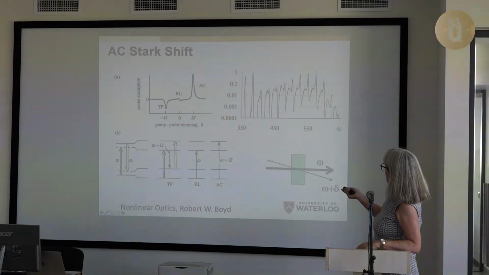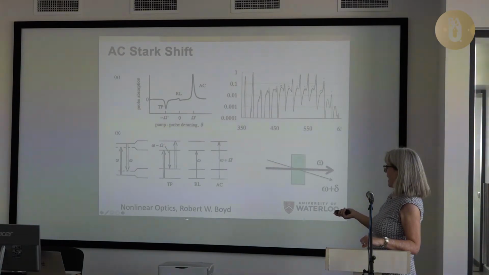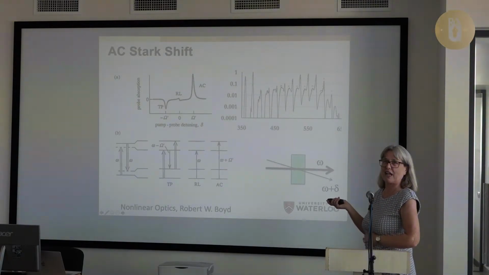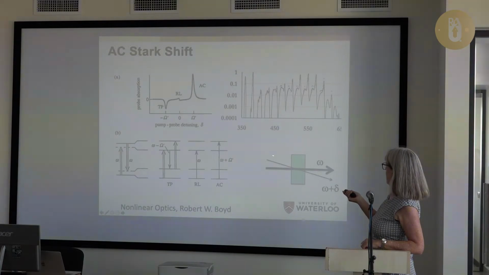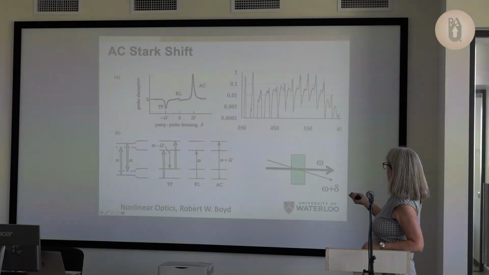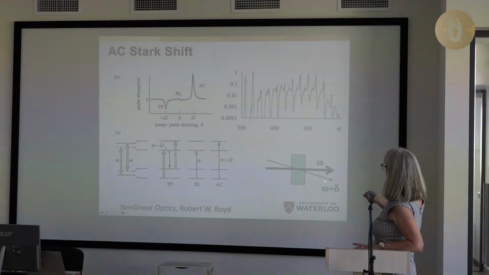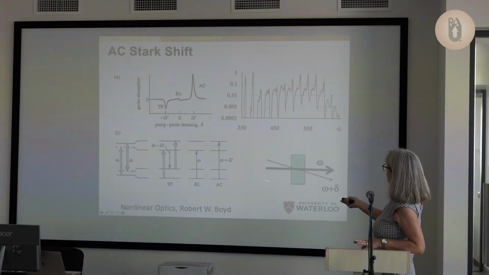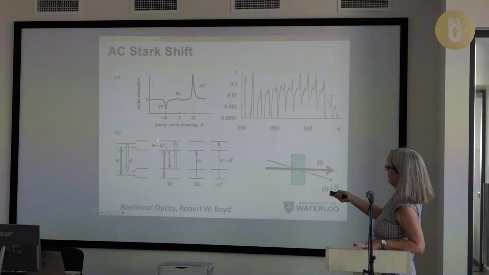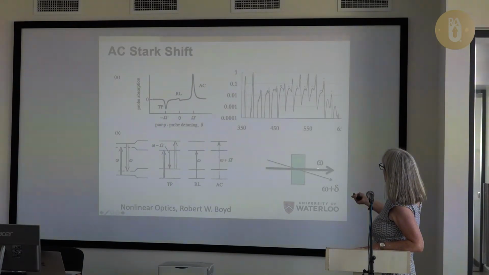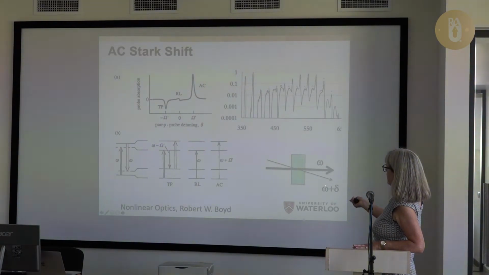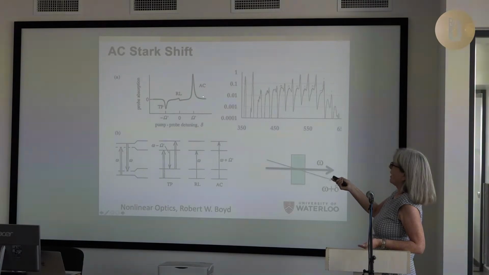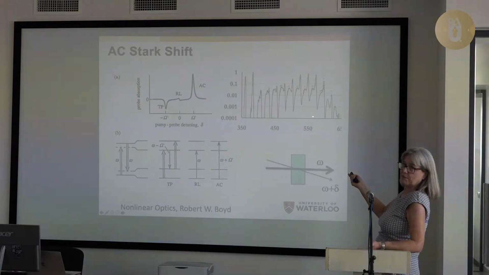But we'll keep going. So then, Boyd himself, while I was in Rochester, he and a fellow grad student while I was there, Don Harder, were working on this experiment. So they have this one strong beam, and they're not just looking for loss, they're going to have this other beam go through, and so you can actually pull a photon from this one. So you could actually start here and pull a photon and go up to here. Okay, and that's what they're looking at here. And then they watch what happens as you tune through the resonance. And what happens is, on the red side, they get gain, and on the blue side, they get loss.